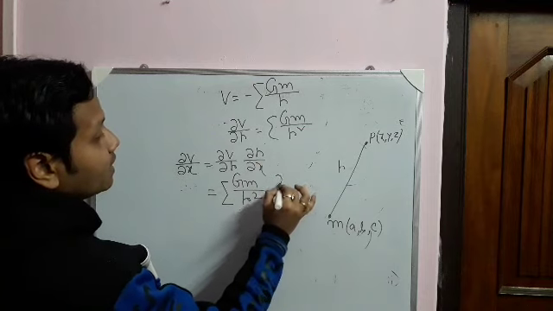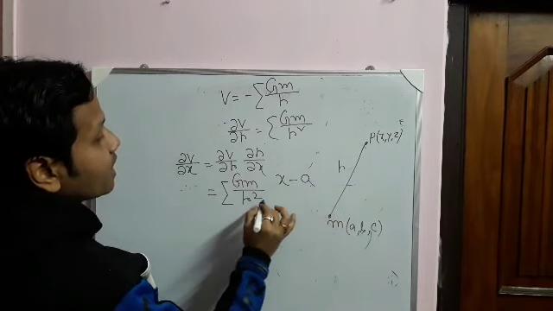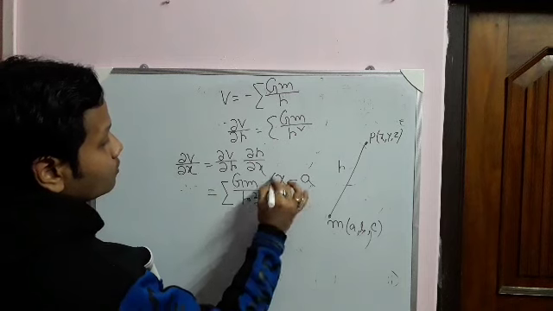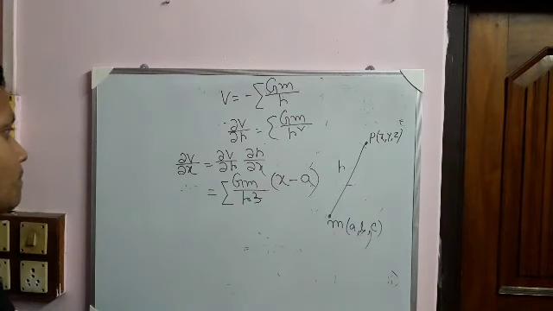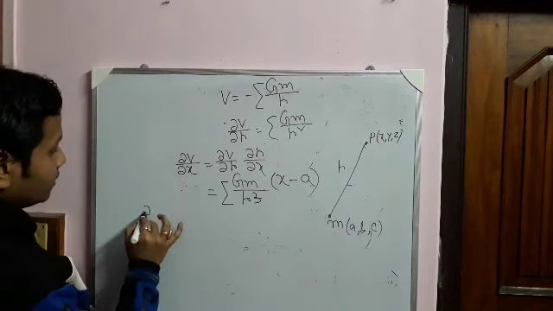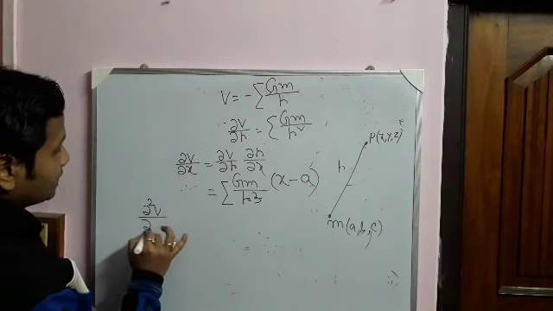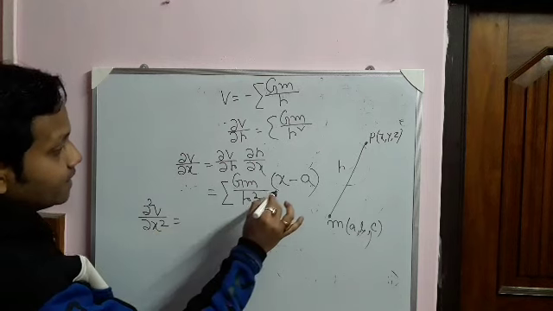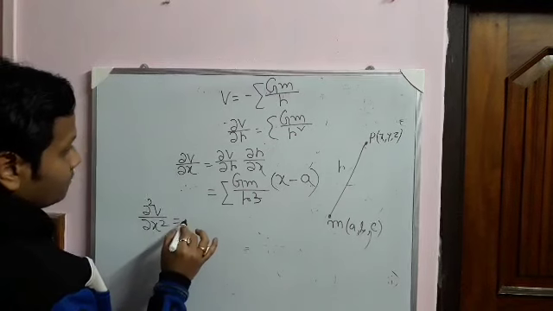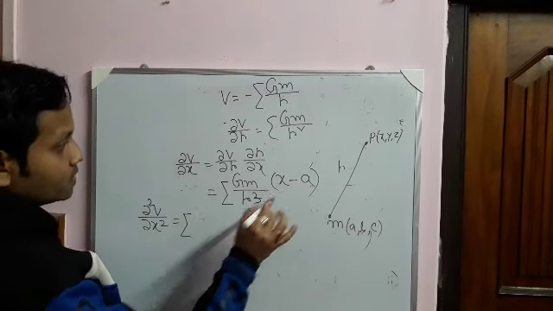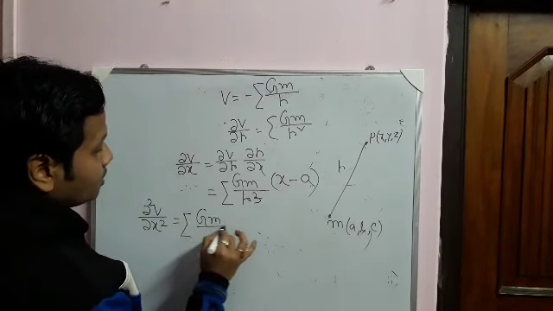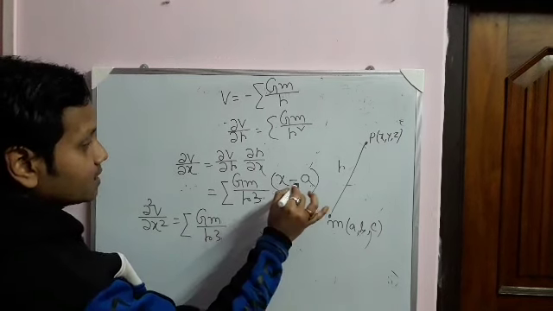And what will be del R del X? Previously, x minus a by R, that we give it R cube. Okay, so we have to find out del 2V del x2. So that means del x of this term. Okay, del x of this term means if you keep this fixed and do this, del x of this means